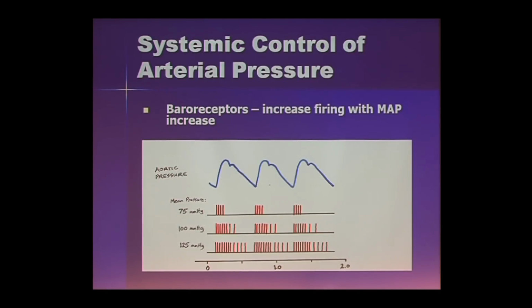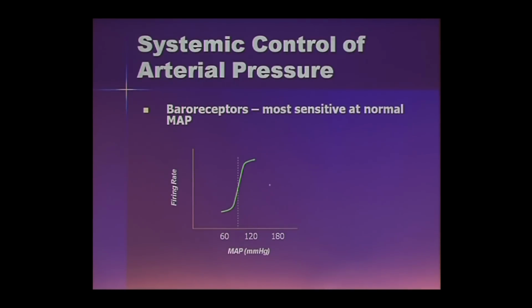125. Now this is really high. Very high activity in your baroreceptors. So that is actually being recorded. Turns out that baroreceptors are most sensitive in a healthy person within the normal range. So this is indicating sensitivity of the baroreceptor. If you move a little bit away from the normal range, they change activity a lot. If you move a lot away from normal activity, then you get into their saturation.